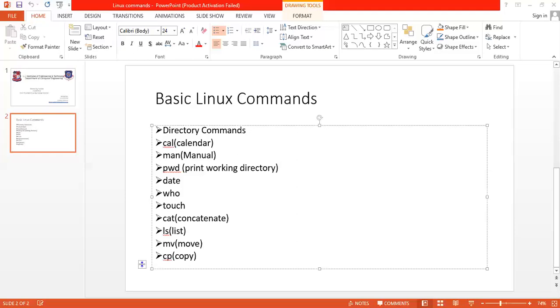So this is nothing but the stat command, which shows the status of the file.